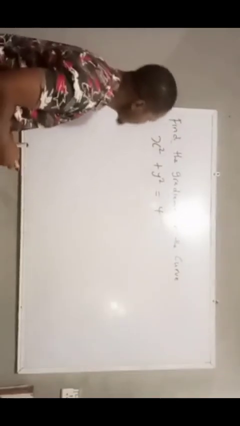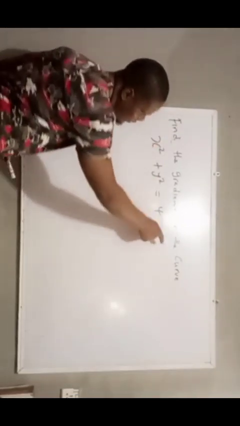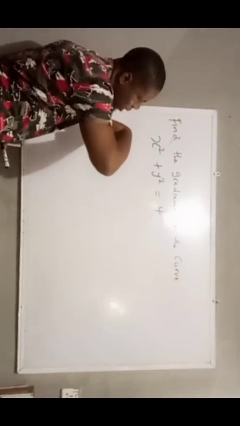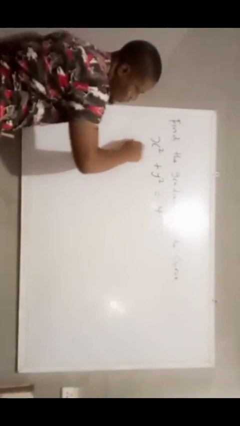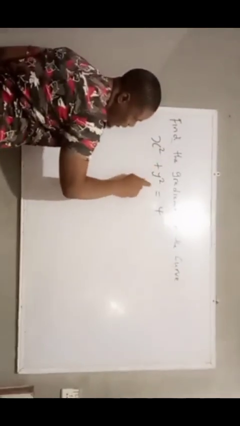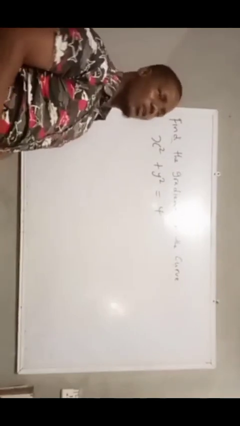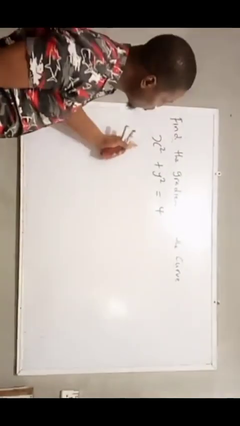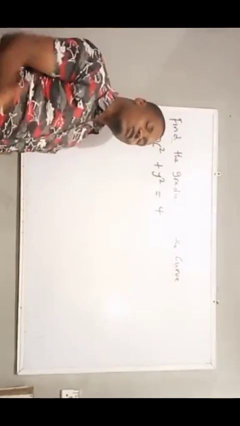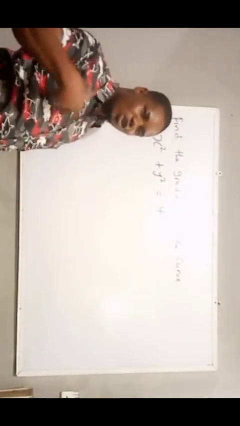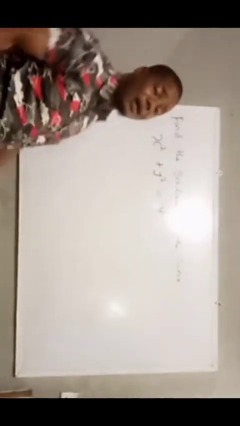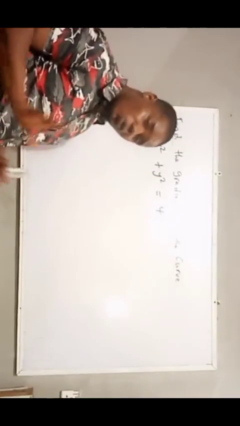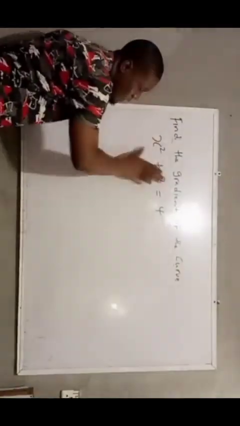Now I have another question here. This question says, find the gradient of the curve x squared plus y squared equals 4. Somebody will be wondering, gradient, and they are giving me x squared plus y squared. You can find the gradient of a curve, you can find the gradient of a straight line. But this is just an equation and I don't have any values for x or y. What will I do here? In this part, differentiation,